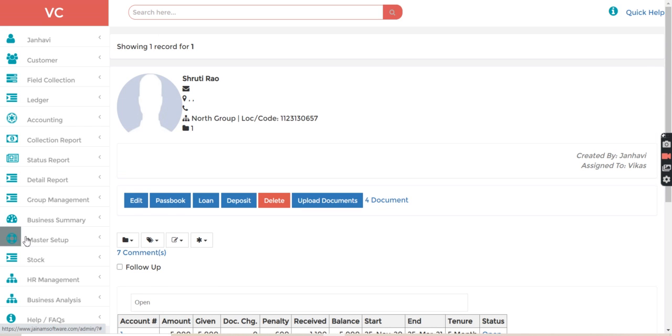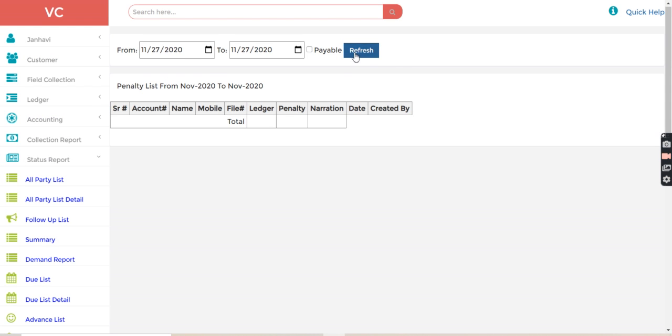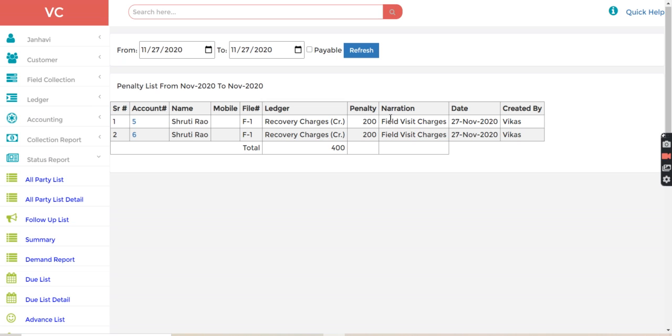If I go to the status report and penalty list and just refresh, you can see that for loan number 5 we have added 200 and for loan number 6 also we have added 200.